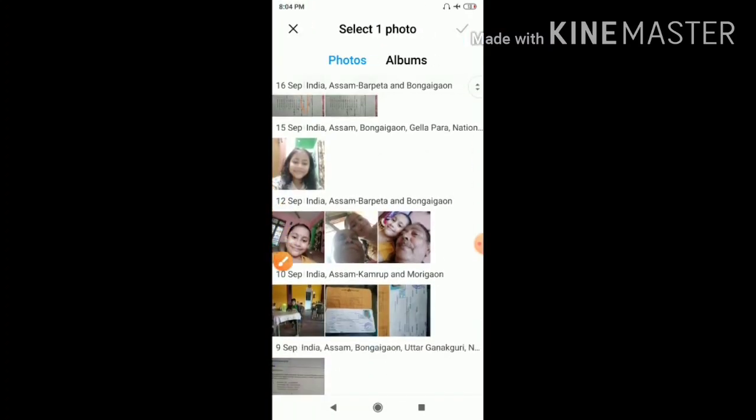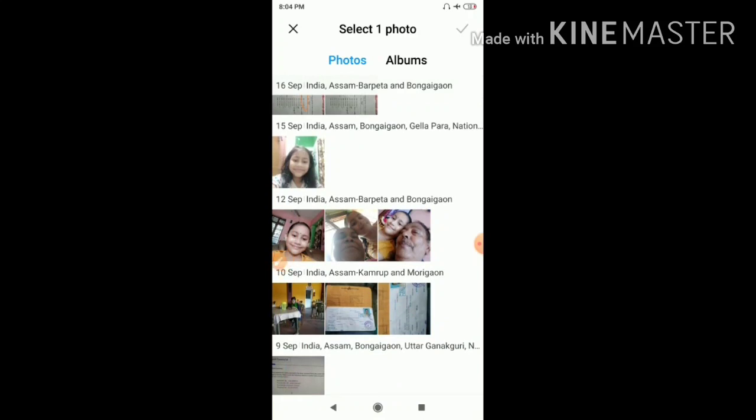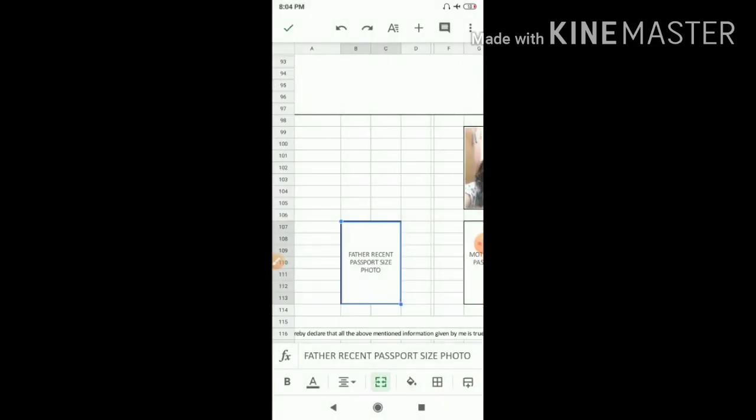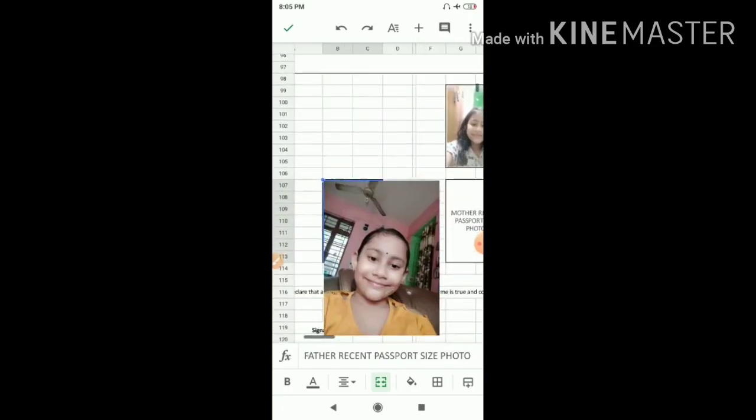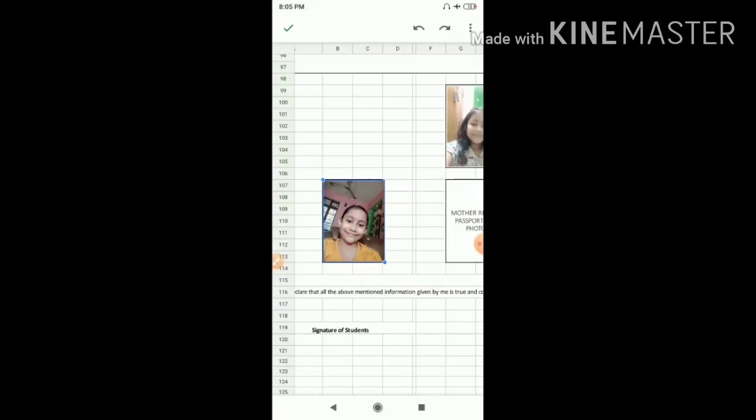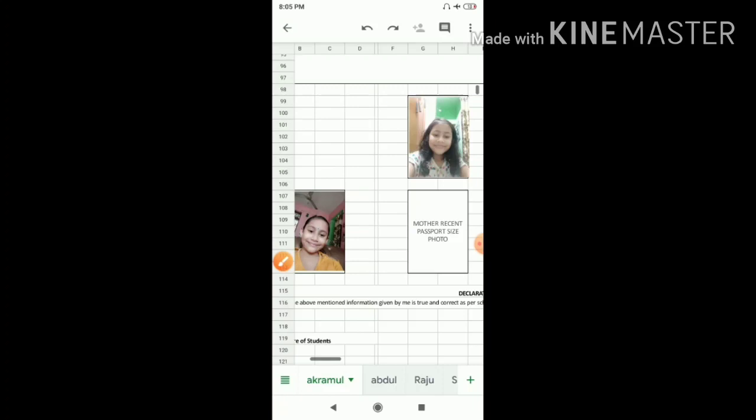Suppose in the gallery I will take her photo only. Now see, the size is not compatible, so you can reduce the size, no issue. Now again don't forget. So see, now the photos are inserted.